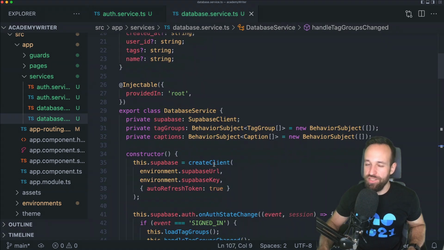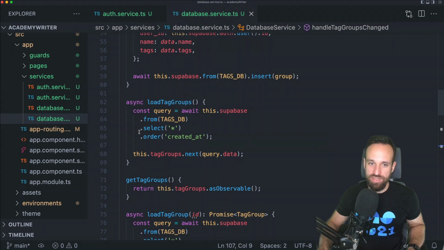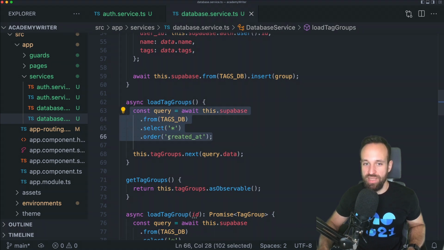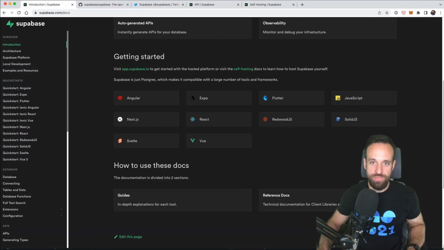The database usage is different between the cloud APIs, the cloud backends. So for Supabase, a query might look like this, pretty close to actual SQL, I think. So that's the broad idea of Supabase.